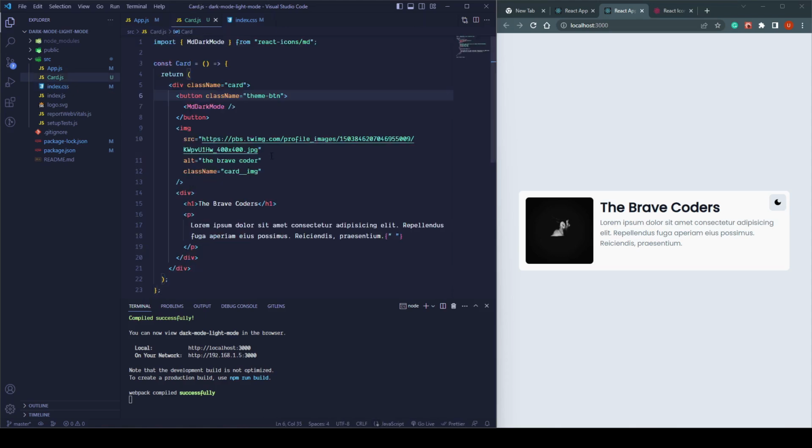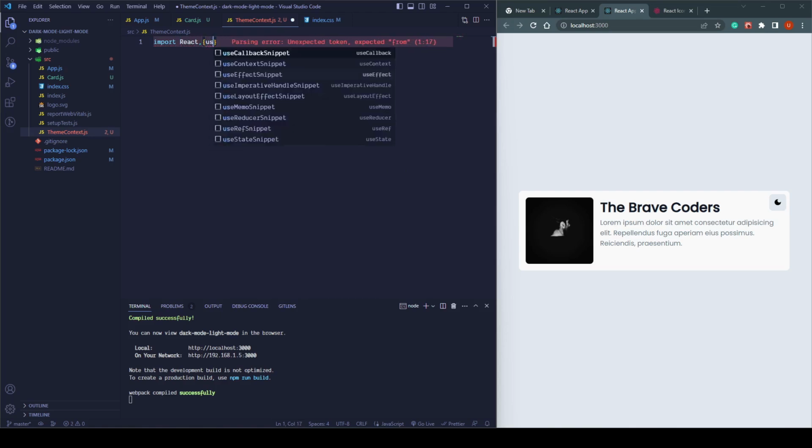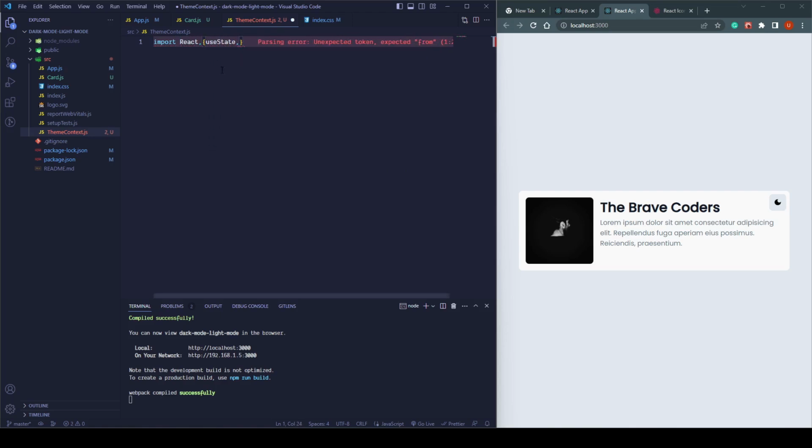So I am going to create one context. That context provides our dark mode and light mode functionality, and here we can use that functionality on this button. Let's create one context first. So ThemeContext.js. Here I'm going to import React, and I need useState, useEffect, and useContext. So from React,